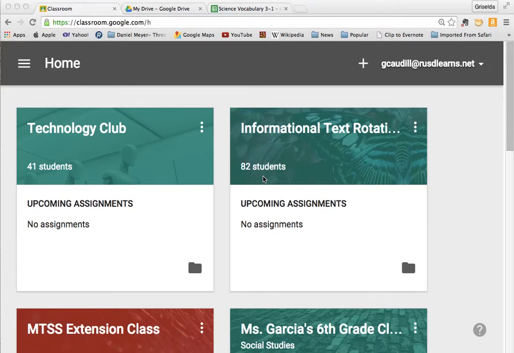With Google Classroom, go to classroom.google.com and make sure you're logged in with your rusdlearns.net account. It will prompt you to choose if you're a teacher or a student, and then you'll enter this screen where you can add a class or join a class by selecting the plus sign. So you can push that